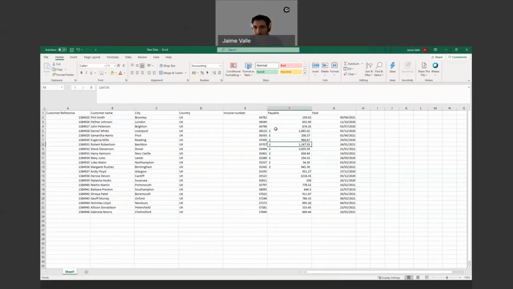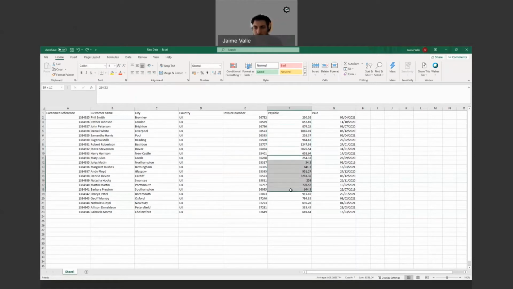There's a lot of distance between the symbol and the number, and I personally don't really like that. So I'm going to undo that. As you can see, everything comes back to where it was at the beginning.